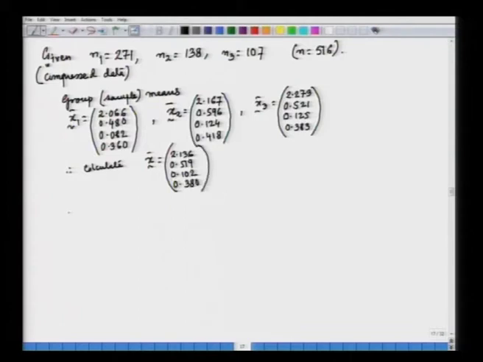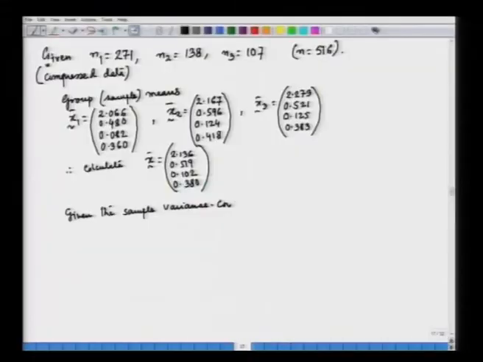I also have been given the sample variance covariance matrices. So, again, instead of the individual data observations, I have been given some compressed information: the sample sizes in each category, the group sample means, and then the sample variance covariance matrices. Okay. So, the first one